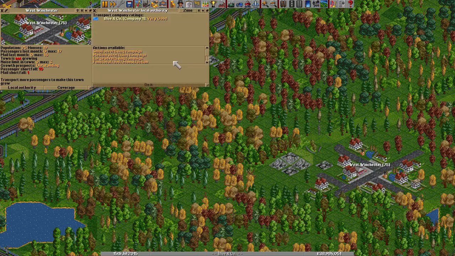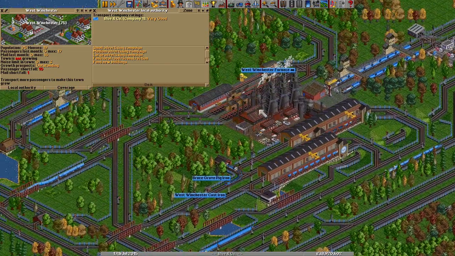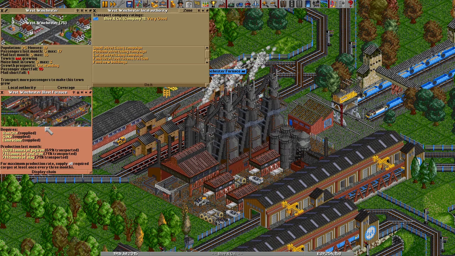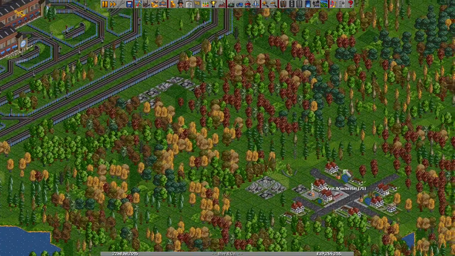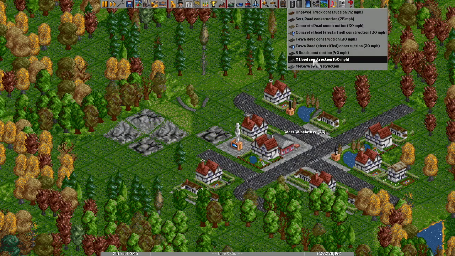There's a very simple thing we could do here, which could build a statue. That should boost the cargo of the station. They should now start dropping off sort of an extra 10% or so because of the boost there. And yes, maybe we could just upgrade this and